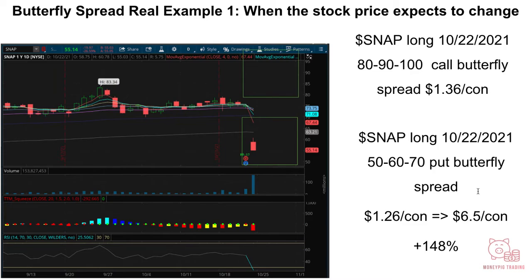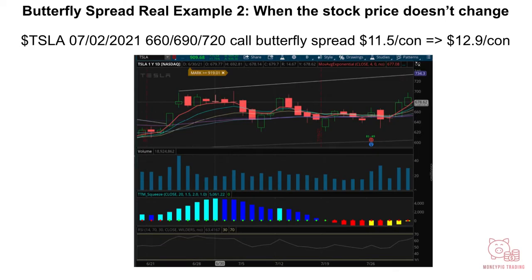asset moving either way. And the second real world example is actually what the butterfly spread was originally designed for, which is when you are not expecting the stock price to move at all. So in this particular example, in July this year, we know the Tesla July delivery number is coming up, so nobody is really buying or selling Tesla before July 2nd. So on June 30th, we actually got in the